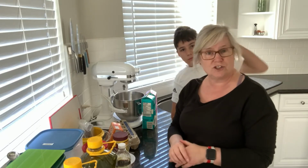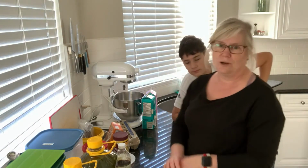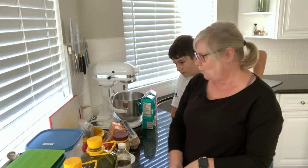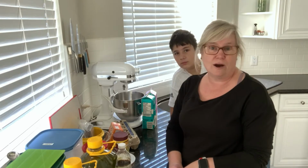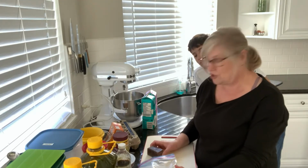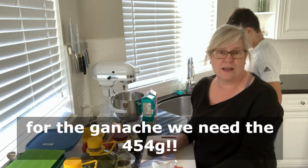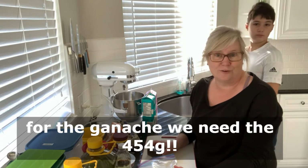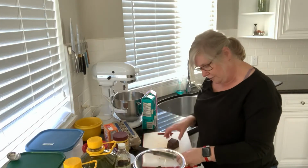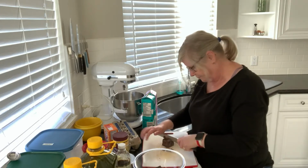And we're going to chop our chocolate for both the cake and the icing because, as I've said many times, chopping chocolate is super messy. And while I'm doing that, Rocco's going to brew our coffee. So for the cake, we need 85 grams of the chopped chocolate. And for the icing, we need 1 pound or 454 grams. So first we'll weigh out our chocolate to get our 85 grams, and then we'll